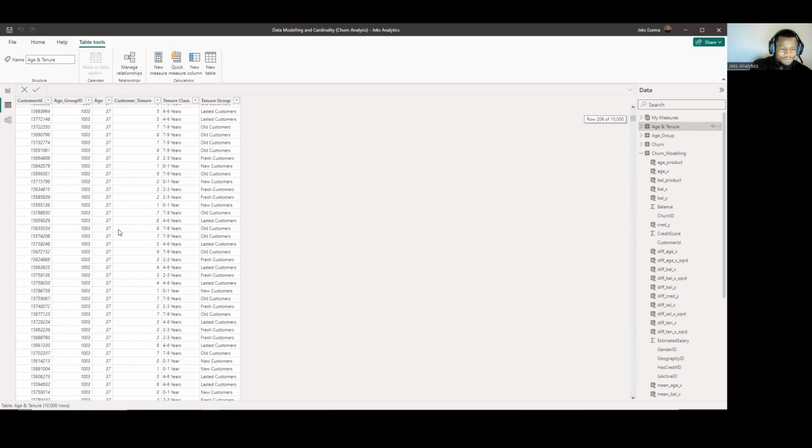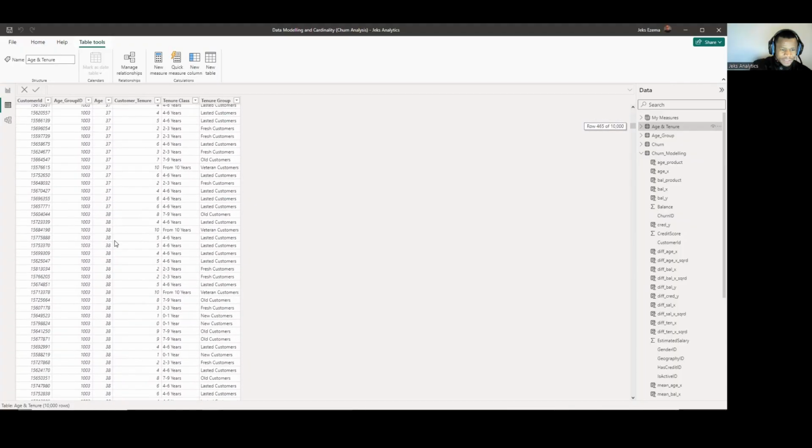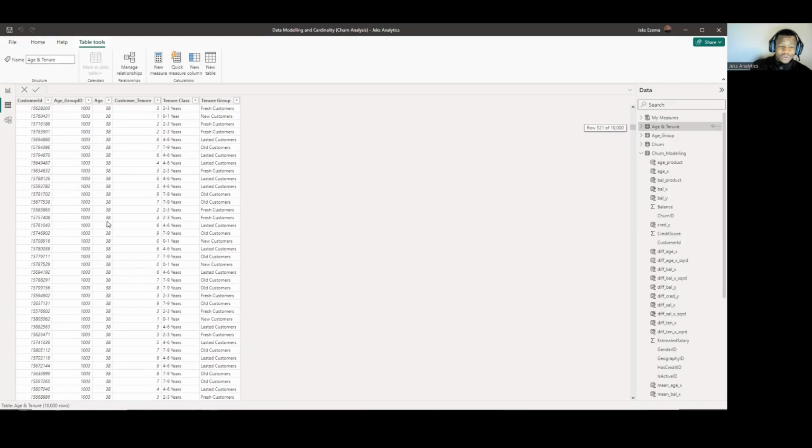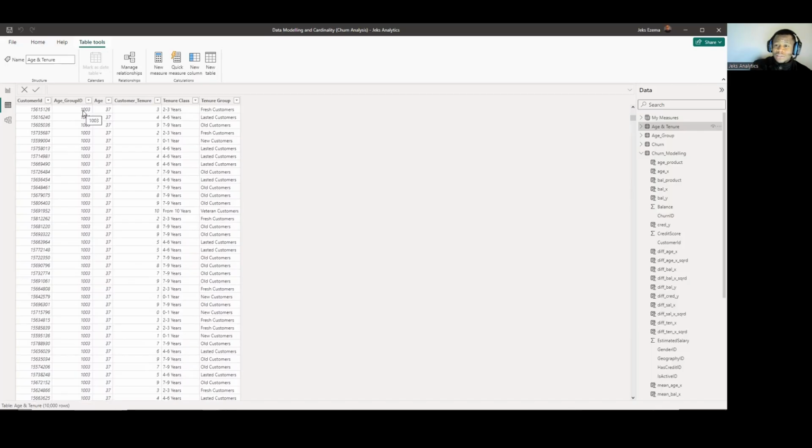Let's see if we can have a difference. Yes, see again, 38 is still within the same age group of what? 30 and what? 39. So anything between 30 and 39 will be covered by age group 1003. So this is a dimensional table connected to a fact table, while this fact table, because of the fact that it has equal rows, equal, not just equal and unique rows to the fact table,